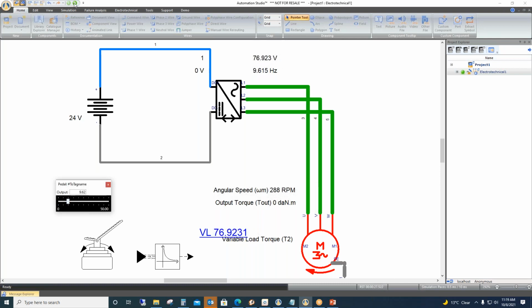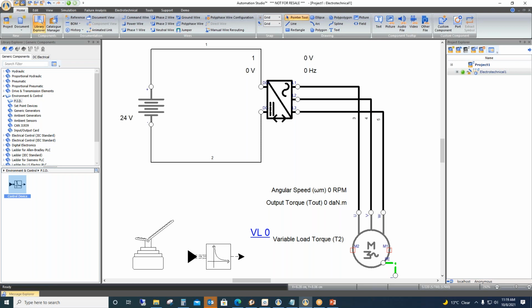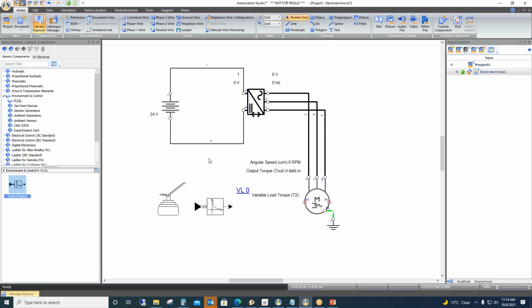Apart from this, if you want to add a condition like the motor should start only when I give ignition, that also you can do. All you need to do is include a condition of ignition in this control device.